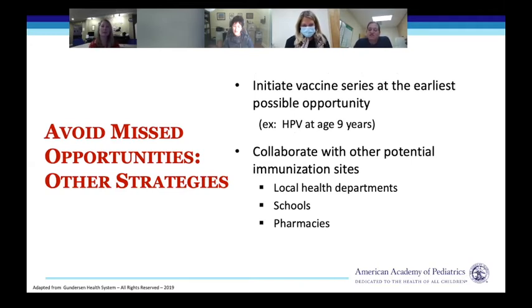Other strategies. So initiate vaccine series at the earliest possible opportunity. We actually just did this a year ago, moved our HPV to 9 years. And I really did not know how well that was going to go. And I thought it was going to be a disaster. And really,